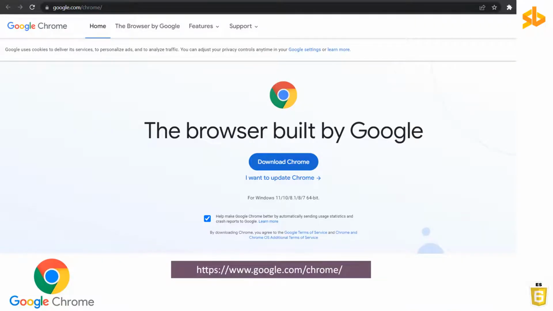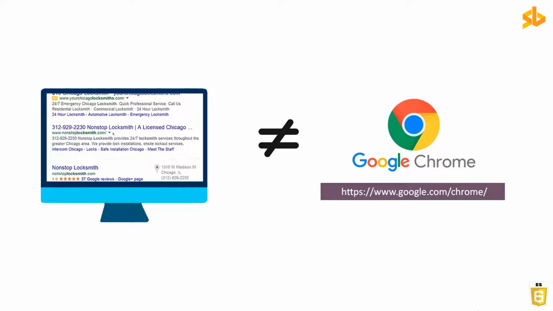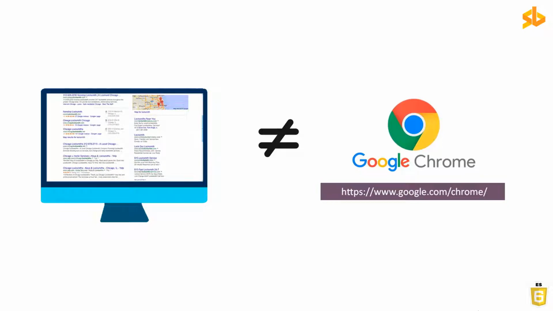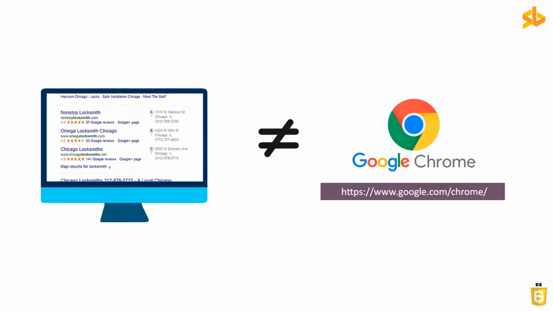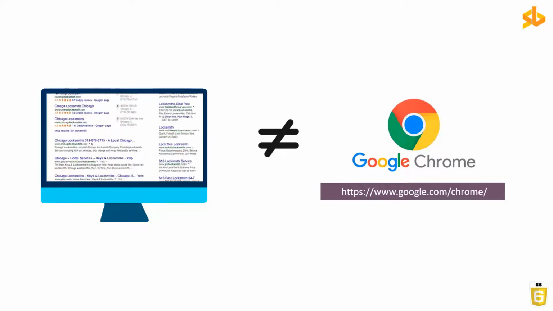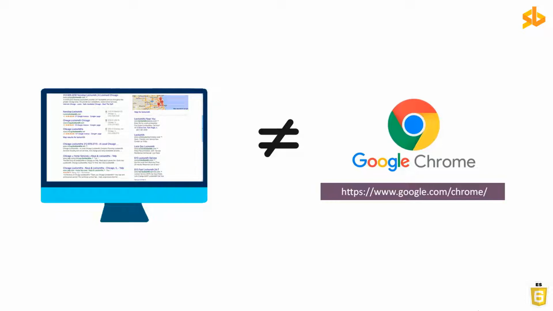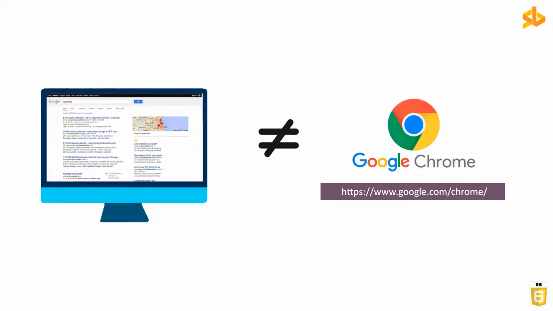Now there are few things from Google that might confuse us. So let's get them straight. A web browser is not the same thing as a search engine. A search engine like Google Search is a website with a URL www.google.com that provides links to other websites. Google Chrome is a web browser developed and provided by Google company, using which we can access web applications like